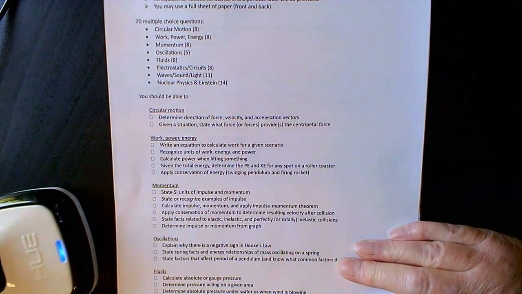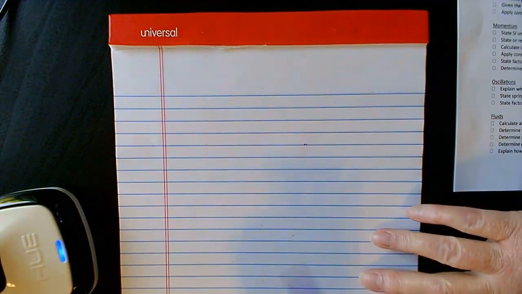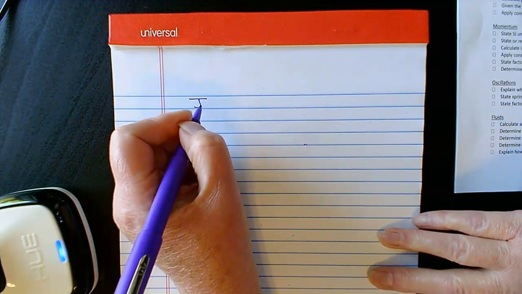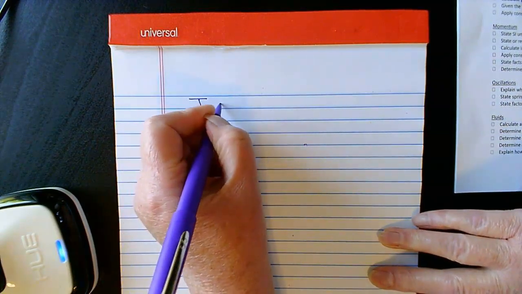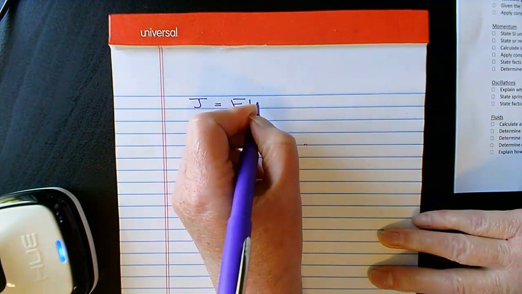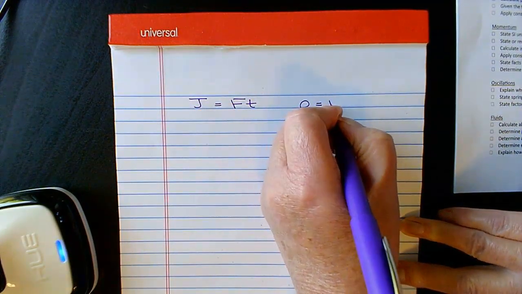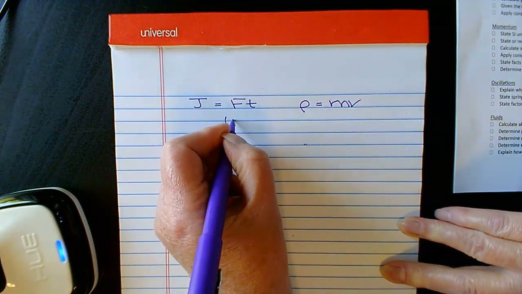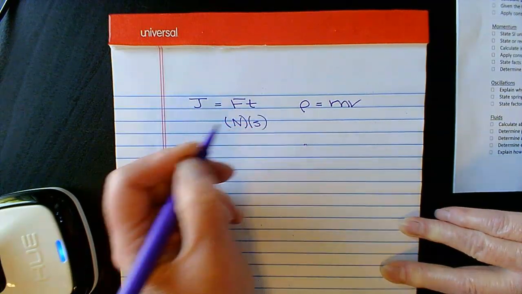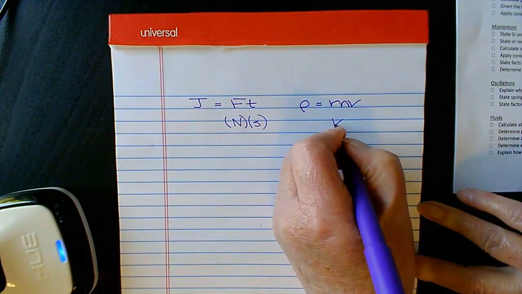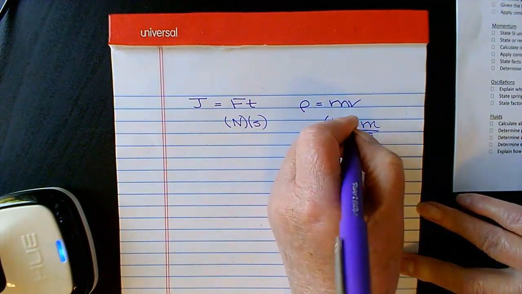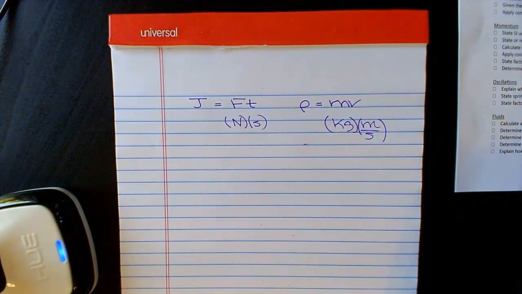All right, the next topic is momentum. So we need to know the SI units of impulse and momentum. The variable for impulse is J. It's equal to Ft, and momentum is equal to mv. So the units are going to be newtons times seconds for impulse, and kilograms times meters per second for momentum. All right, state or recognize